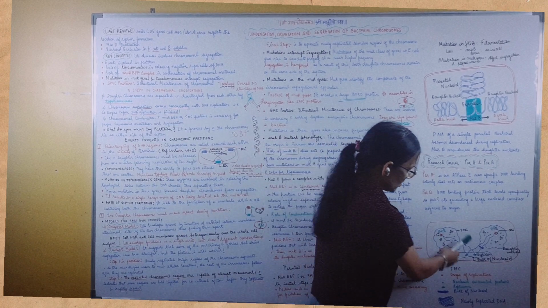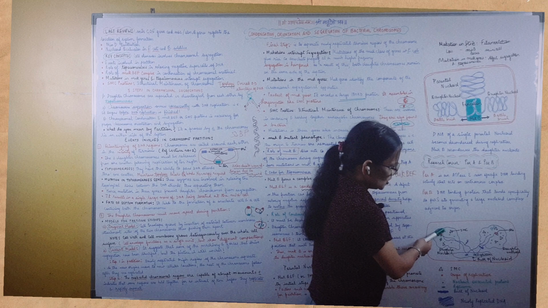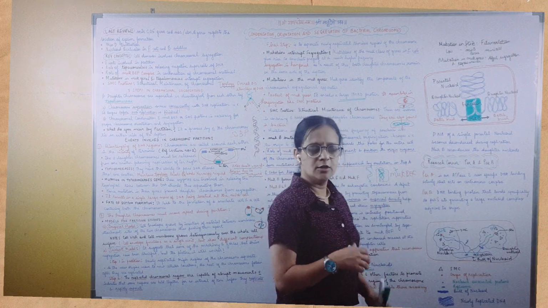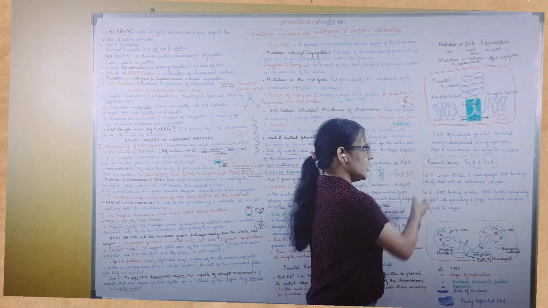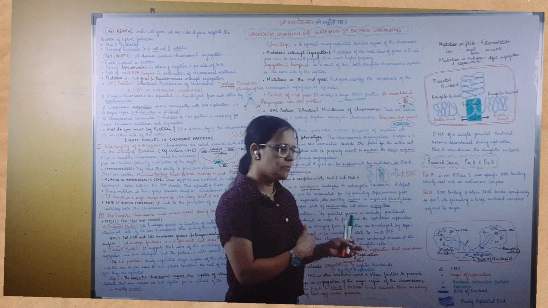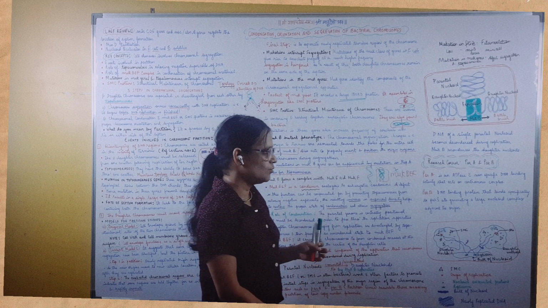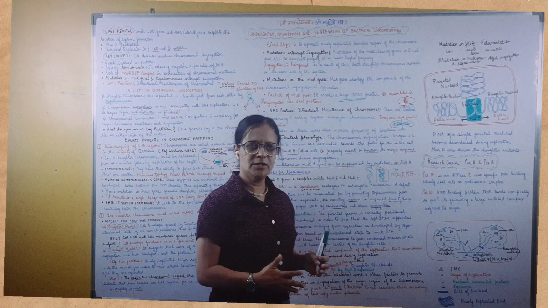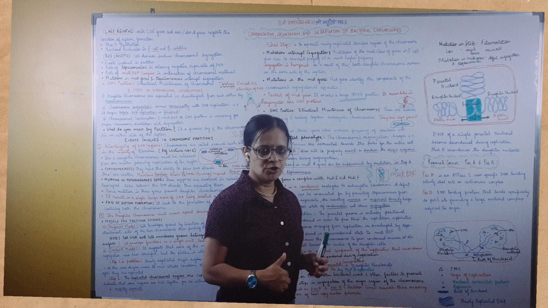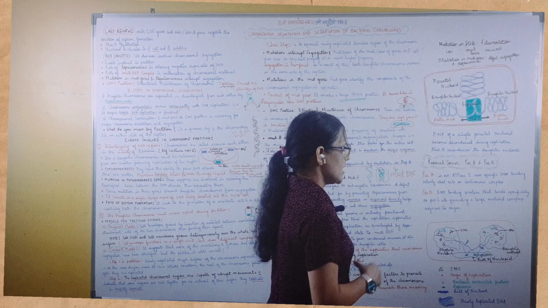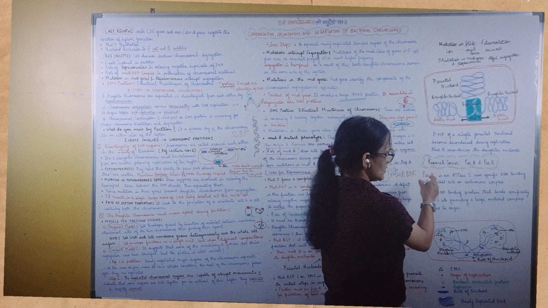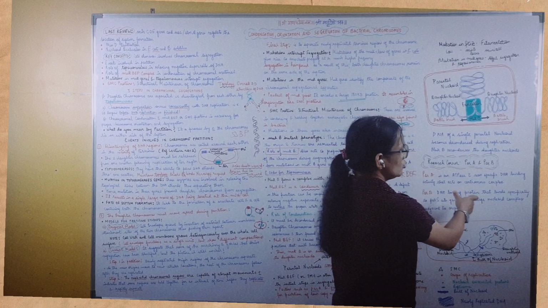But in this diagram, what I have shown is the ParB gene and the ParA gene. Now the ParA gene will express a product called ParA protein. This ParA protein is an ATPase, meaning it will bind to ATP, it will cleave the ATP molecule, it will hydrolyze ATP, and it will derive the energy from ATP hydrolysis, and that will help in binding this ParA protein to the centromeric complex.